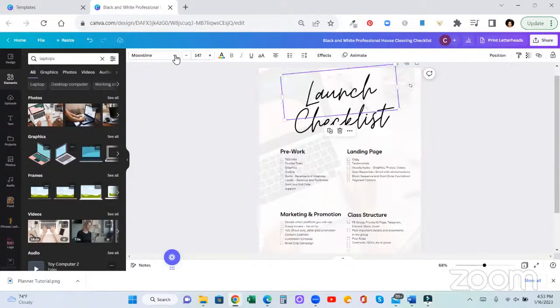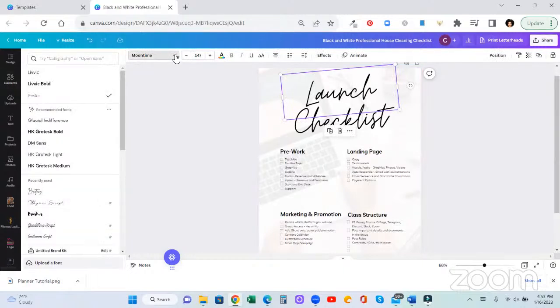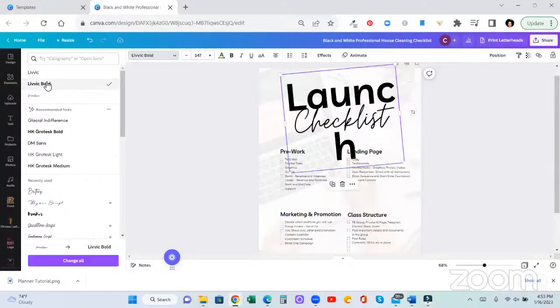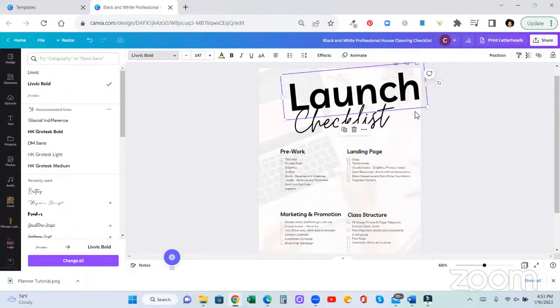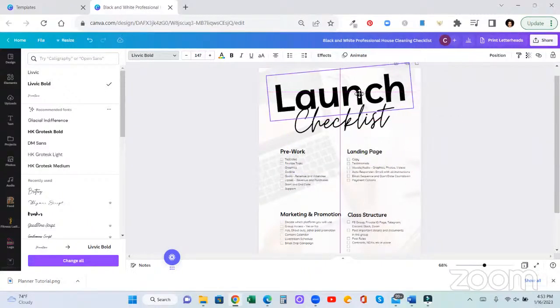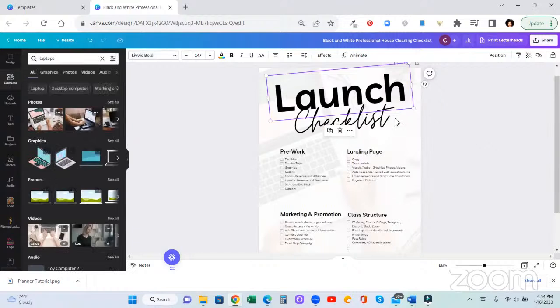Let's change this font. The way that you change your font is you just go over here. You click the different styles of fonts, and they're going to pop up on the left. Let's just see how it's going to look if I change it. Maybe I could just change this first one. I like that. Launch checklist. And this is something that you will give to your audience in exchange for their email address,